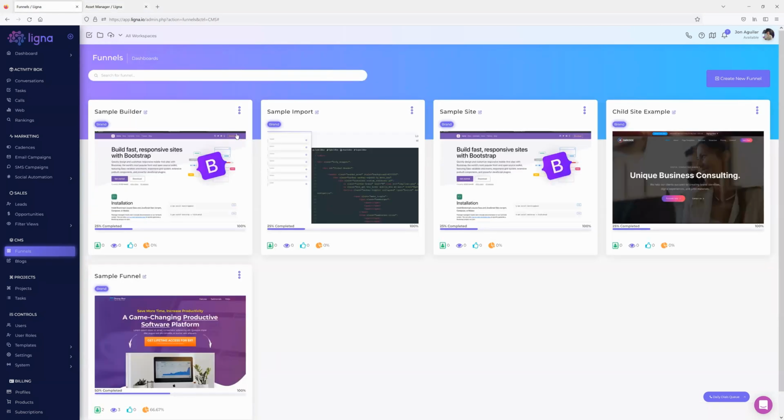So asset manager is important to go through that. If you ever build something in here, you're like, oh snap, I should have built it in the funnel section. You can make it a template and then it'll show up in your templates funnel section. And then add collab. Collab's important if you're not wanting to share a whole workspace, or if you just want a contractor that you've